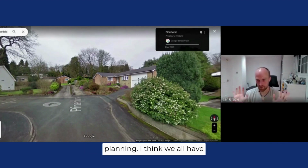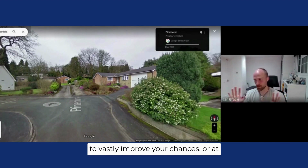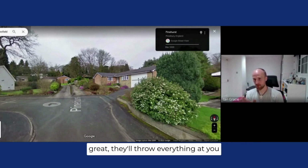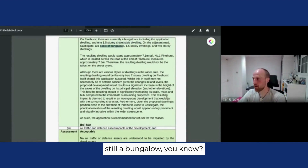I think we all have established that. The point of this is to say that there are steps you can take to vastly improve your chances, or at least whittle the issues down to one thing. Because if you're really bad and you submit an application that's not great, they'll throw everything at you. And they'll be like, oh God, this is so overwhelming. We can throw the distances. Okay, now I'm 1.5 story. I'm a chalet style building. I'm still a bungalow, you know,